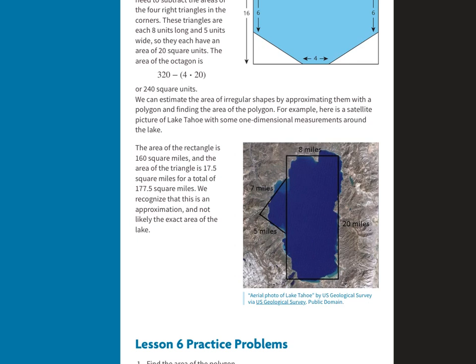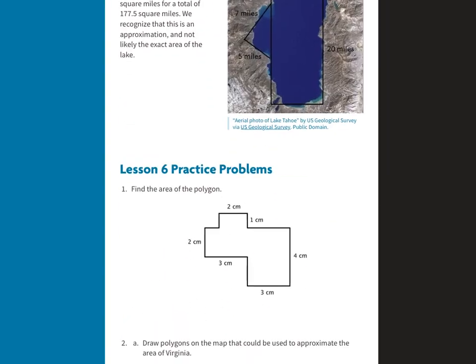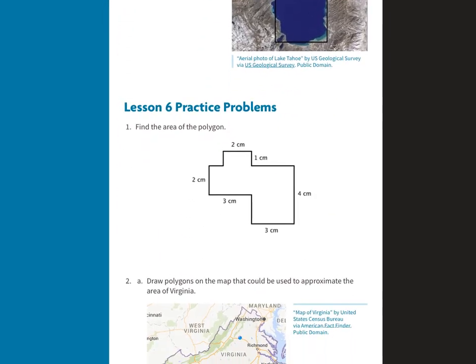On your assignment today, you have 2 problems. Problem number 1 is that you're going to find the area of the polygon. So let me help you out here. We can break it up into a rectangle there and a rectangle there. Now find the area of the rectangles and add them together. Question number 2